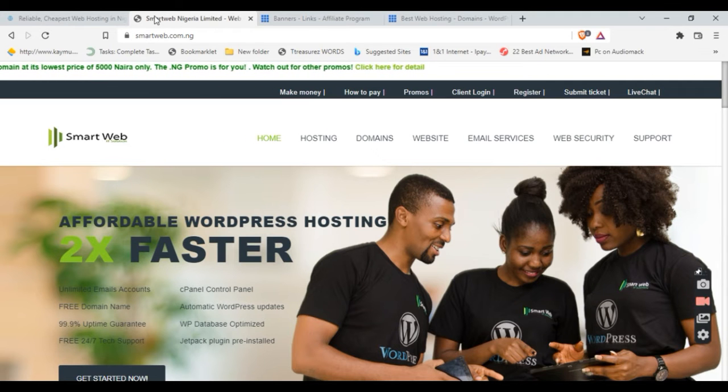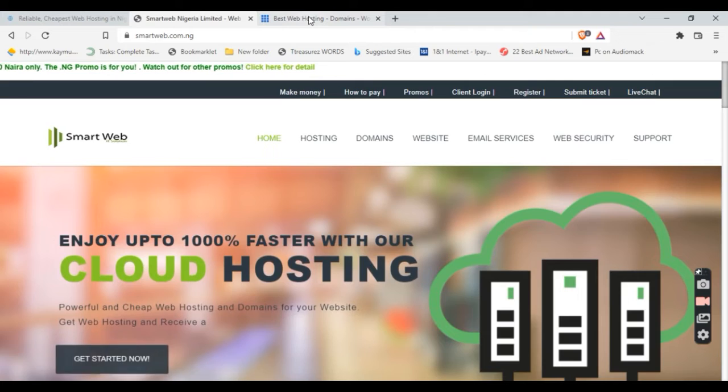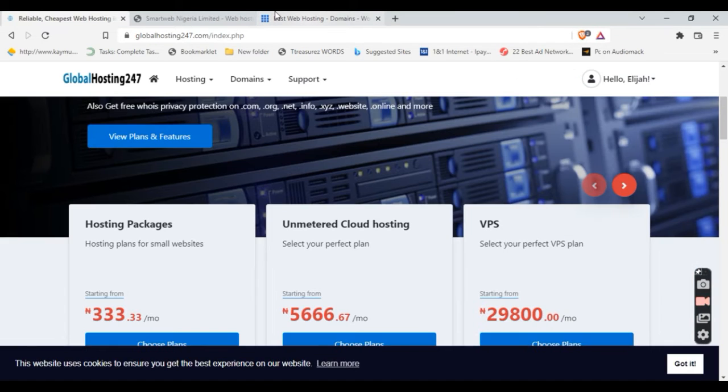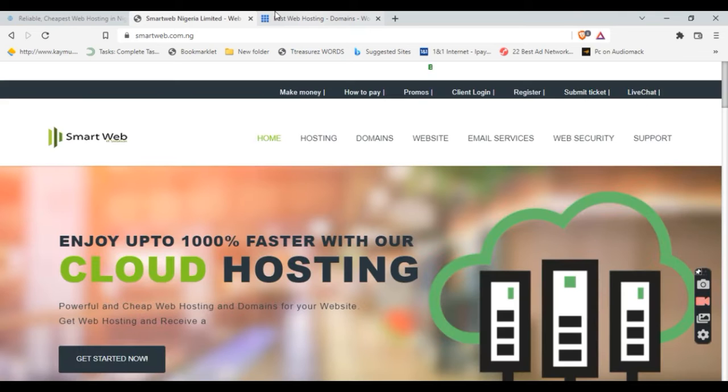But when we talk about foreign ones, the one that I have tested and tried, among several others, is called Bluehost. These guys are foreign, I think they are based in the US. Their package is very okay. So you can just Google them and search for the one you choose to use. For me, if I want to recommend, I recommend these three for you. One outside, which is foreign, in the US. The remaining two are in Nigeria, which are Global Host and Smart Web, and the third one is